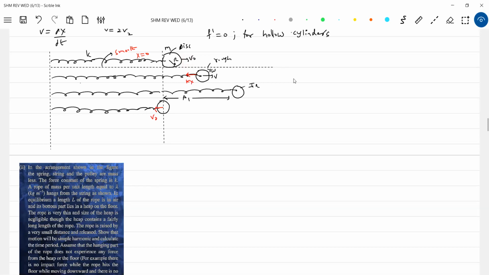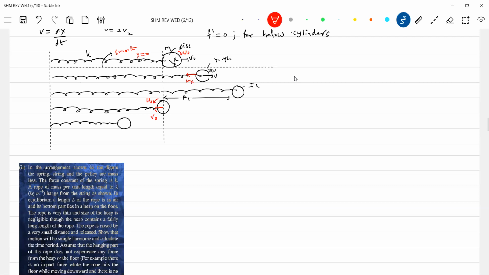Oh, wait. It will not be SHM. Wait, I'll make it. Then only is it possible. Initially, there is slipping, so there will not be SHM. Let me give V naught equal to R omega naught. It'll be SHM, comes to rest. Again, when it returns back, omega naught. Now when it comes somewhere here,